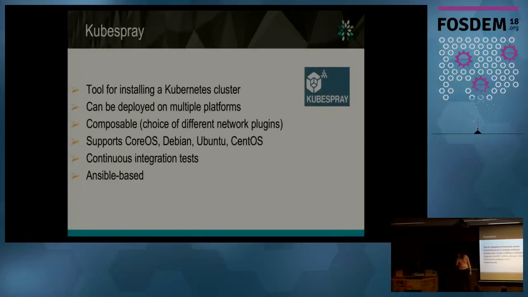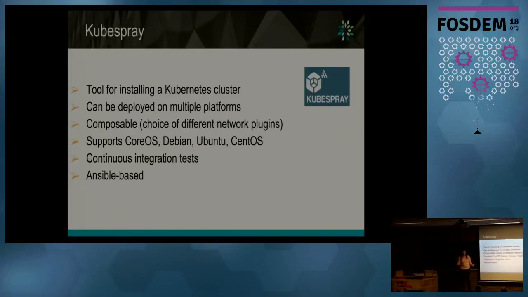Okay, so the final one is Kubespray. So we started also to work a bit on Kubernetes, so we are starting to use Kubespray. It is a set of Ansible playbooks again to install a Kubernetes cluster that is created inside the Kubernetes community. It can be created on multiple platforms. You can deploy on, for example, bare metal or virtual machines with Ansible, or there is also the possibility to do it on OpenStack, on Amazon, so it's quite flexible for that.